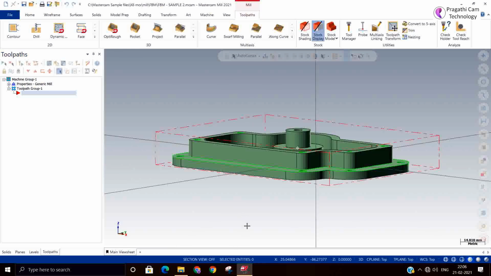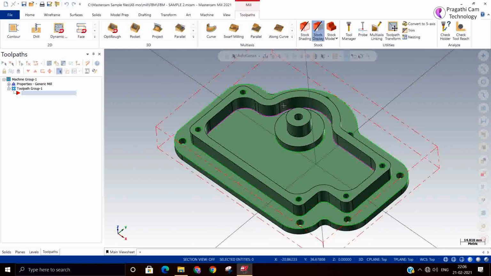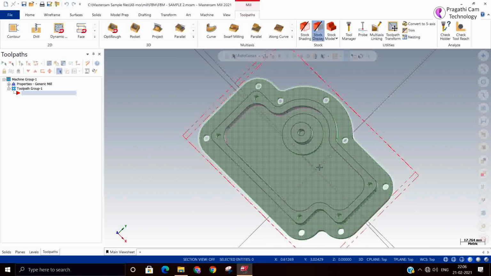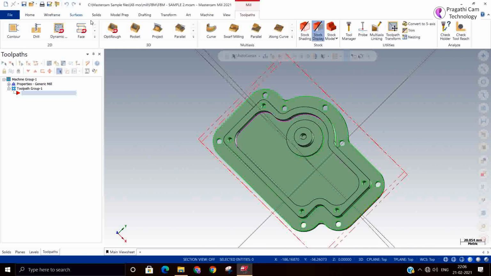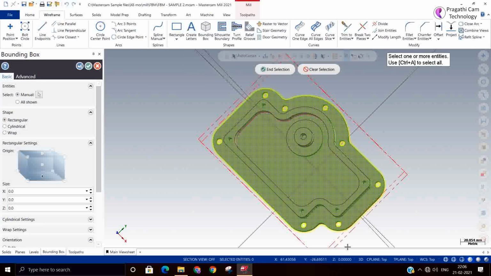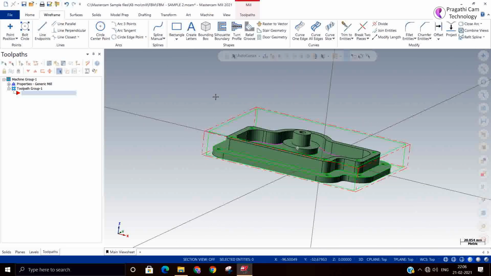So this same model you can use both FBM mill and FBM drill together. Now I will make my own zero setting. This model already they have made it, but I will make my own. I will say bounding box. I will select the model. Okay. So now I move to origin.